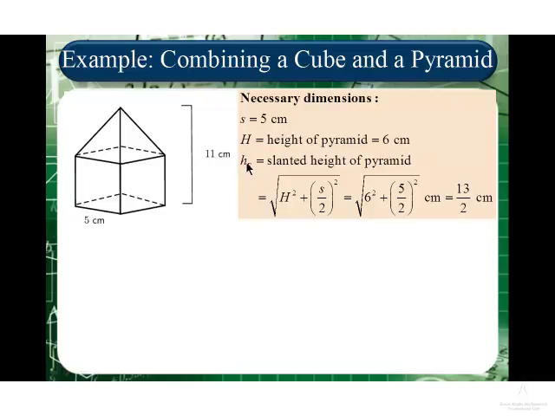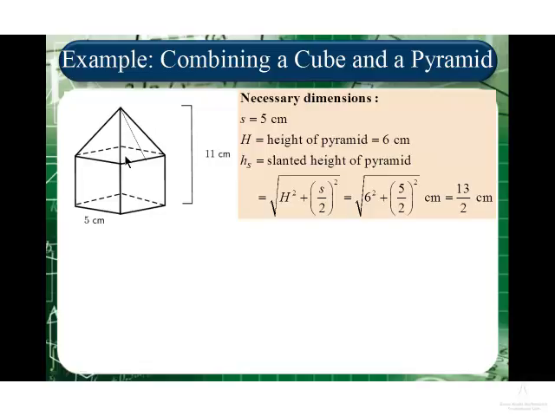Here we have to make use again of the theorem of Pythagoras. So we're talking about this particular distance from the apex of the square pyramid to the midpoint of the side length of the base of the pyramid. The base of the pyramid is also a square. That distance, if we take that point at the base, the midpoint of the side, towards the center of the base for the right pyramid, and from there right to the top, we have a right